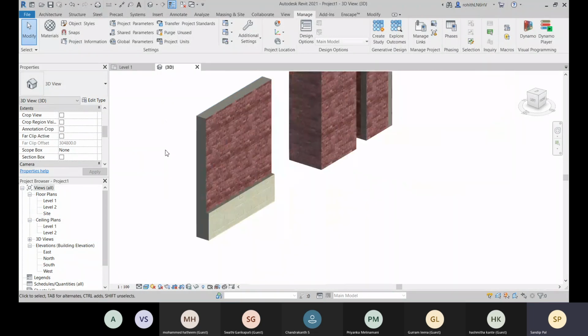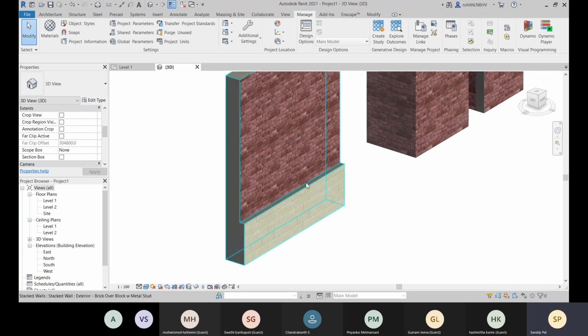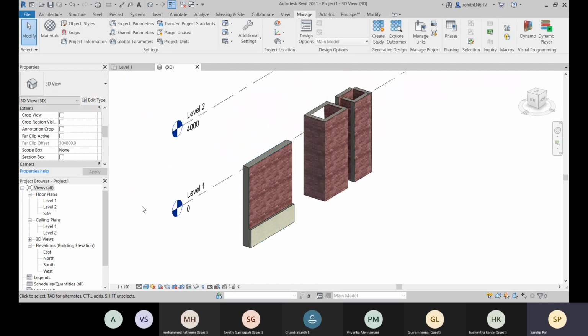You can use this if you want to place brick foundation walls, or any different style you want to add, or you can add skirting there also. For those things you can use your stacked walls. So let me create the types first.